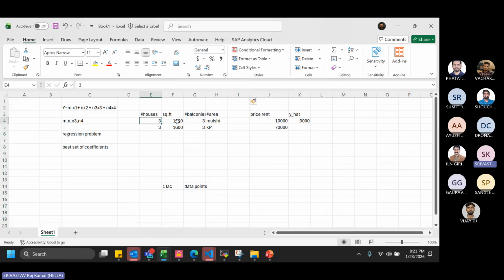Take three houses with square feet. If I create a variable, average room size, where the right word should be number of rooms, say 3 BHK. Average room size, if this is the variable and the house is 1600, of course, simple mathematics, 1600 divided by 3. So I added one variable. Now, is this helpful for the machine learning algorithm? No, because you already have this information covered here. So this is a useless variable. This will not help me.